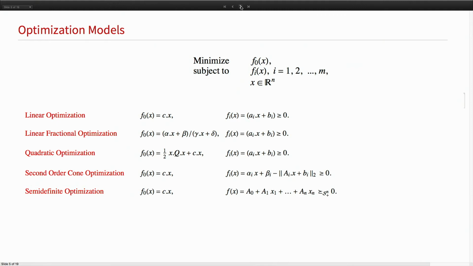So you have linear optimization, you have linear fractional, quadratic, second order cone, semi-definite. Depending upon what your objective is and what your constraints are, they would fall under one of these categories. If you have a linear objective and linear inequalities, it's a linear optimization. If it's a quadratic optimization, then your objective is quadratic, but your constraints are linear. Semi-definite, you have a linear objective, but you have these